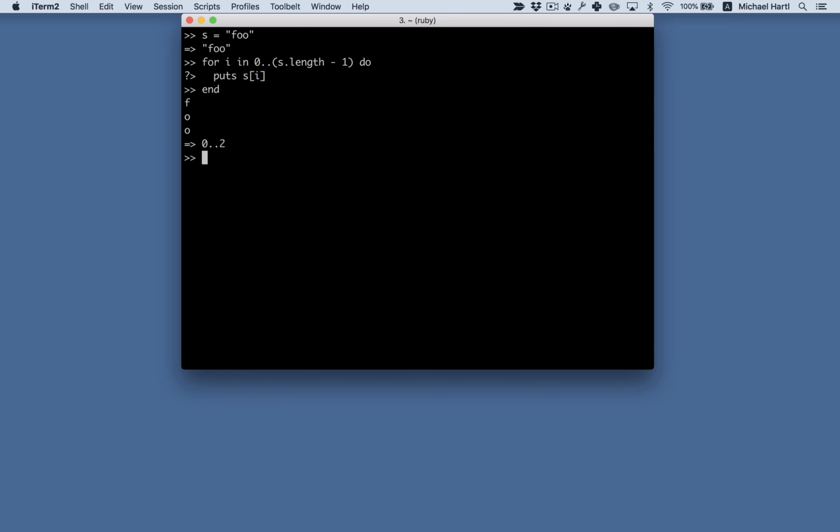and that worked. Similarly, we can iterate through a like this. For i in 0..(a.length - 1). Just exactly the same, except we have the array instead of the string. Now this works, and it's perfectly correct in a technical sense, but nobody ever iterates through arrays like this in